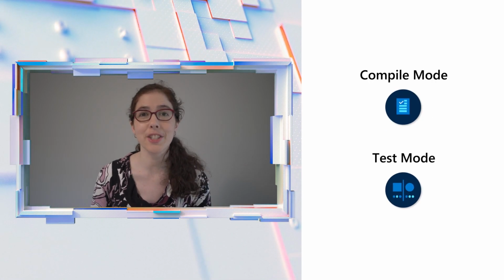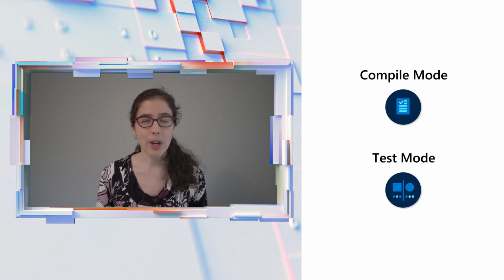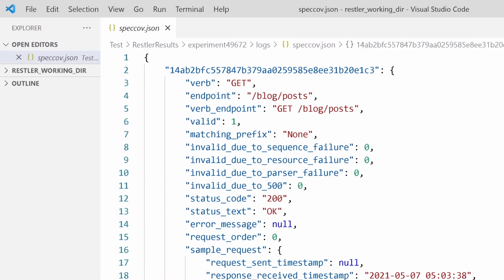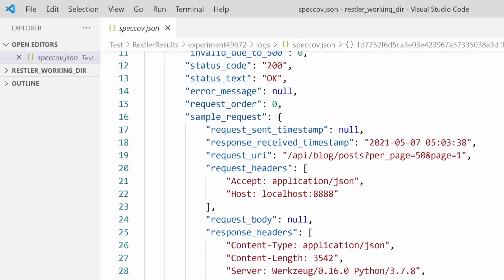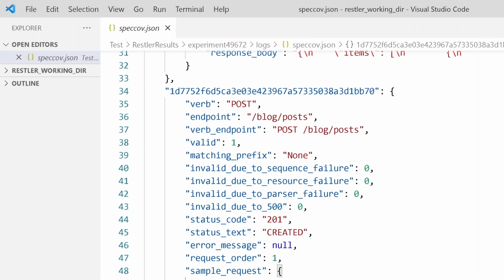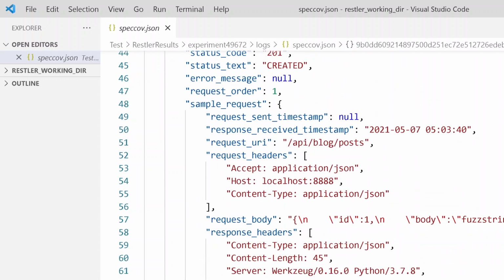The next phase is a test phase. The test phase tries to execute each request in the specification in as minimum number of steps as possible. So it'll only execute the dependent requests as well as the request itself, and it'll try as many parameters as needed to try to get a successful request to execute. And then what it outputs is a coverage file, and this file will tell you how many requests were executed and how many of them were successful, and in detail all of the other return codes and responses for all